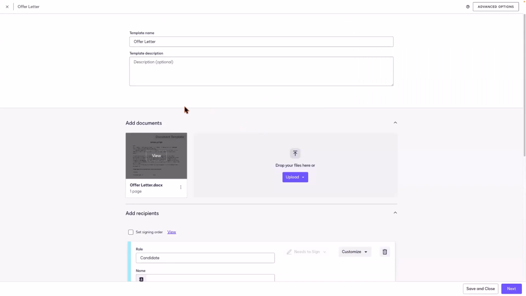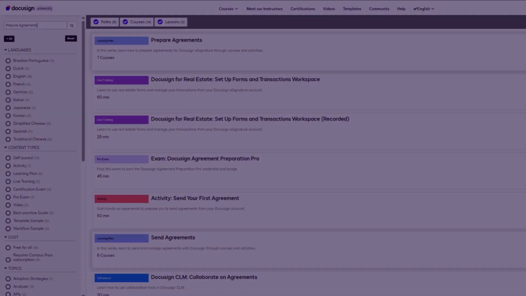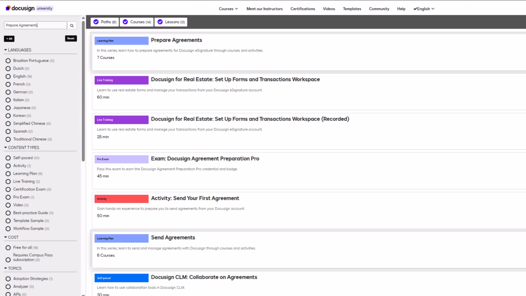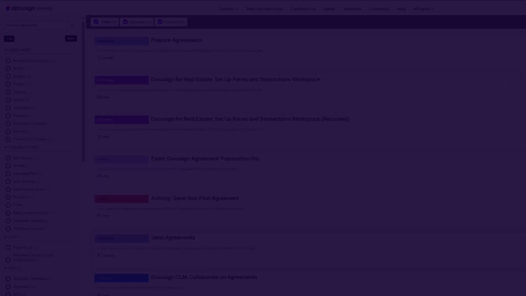Now, document templates are part of the agreement preparation feature here, and agreement preparation offers additional features, more than what we've just shown in this video, to help you streamline and create your agreements and manage those agreements. So if you want to learn about some of those other features, like maybe showing or hiding text on your document based on conditional rules, for example, you'll want to go to DocuSign University, type in prepare agreements for the search, and we've got a variety of associated videos on this topic.